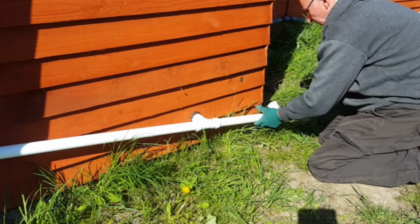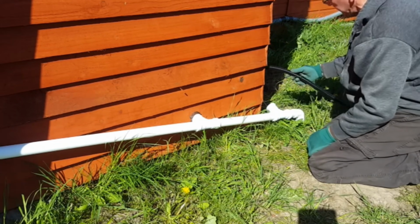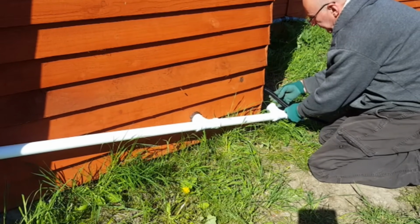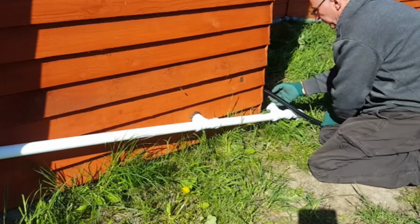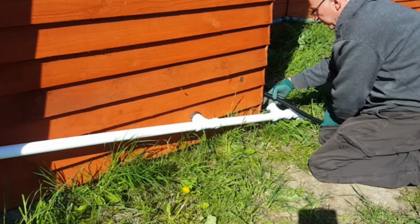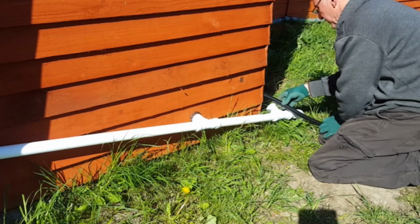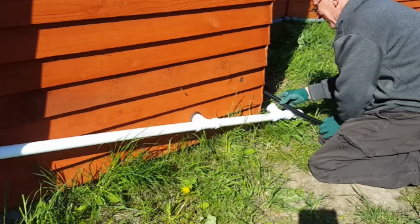So now we've got a continuation of waste pipe. We've got a nice little elbow here, which this kitchen waste pipe will go into once I've attached it to the side of the shed. There is a little rubber grommet. I've been waiting all week for that to come. It reduces from 20mm to 40mm and just closes off the gap there in that waste pipe to prevent any water coming back. That's not arrived. Sod's Law says it's going to come Monday morning just to delay me further, but